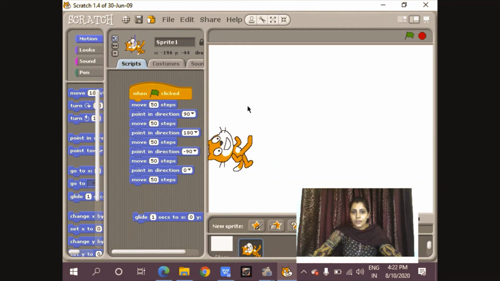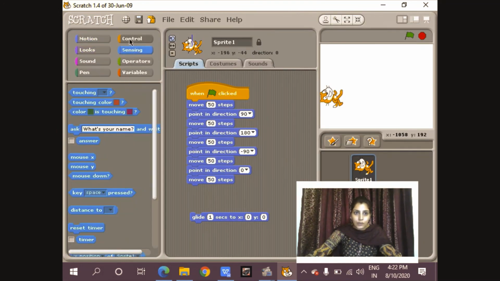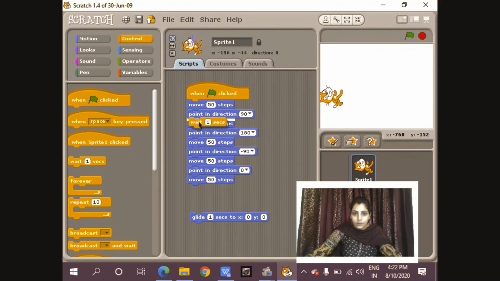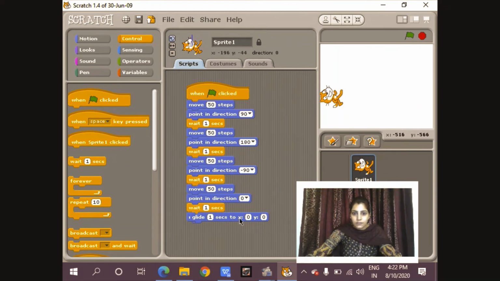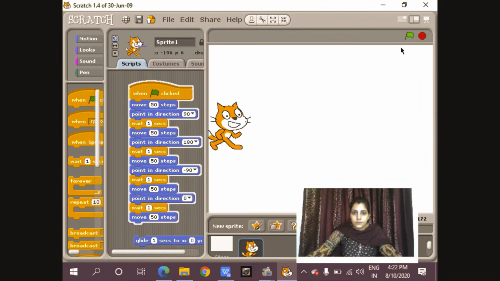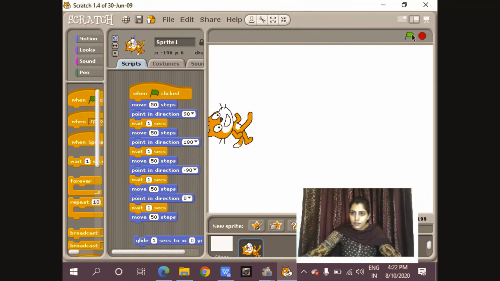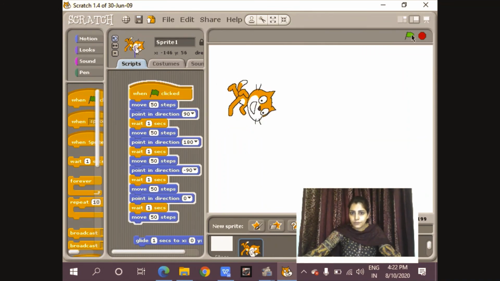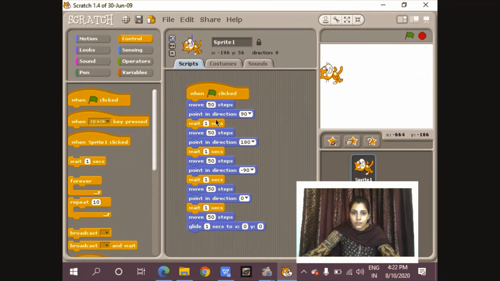You can see the output by giving the wait block also, so it will be more clear to you. It will point in direction, and again it will wait for 1 second here as well. So it is waiting, then moving, waiting and then moving. Clear? Again see the output. So my whole script is in action now. Okay. The next thing,